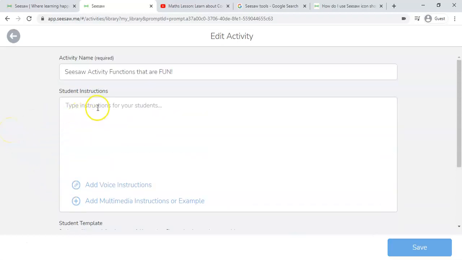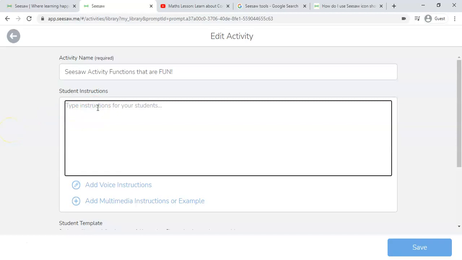So the next thing I want to do is my instructions. I like to save these for last because as I build, my instructions are what I want to change. So the first thing that I always do is I just tell them, click, and then I put my add inside of my two colons, and you'll see that the add response button will show up on your instructions when you're done. Then I'm going to put